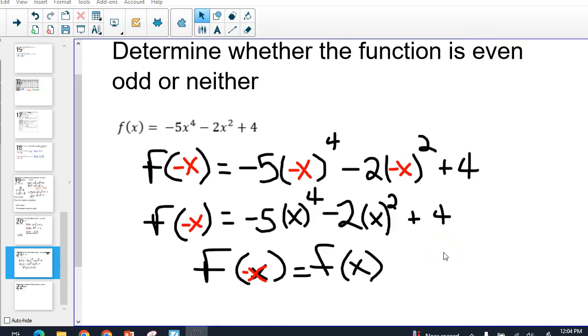Okay, so hopefully everyone got a chance to try it. So when I plug in my f of -x, we have -x raised to even powers here. With even powers, our solutions are going to come out as positive. So we still have -5 stays the same, times, these are going to be positive, we can just get rid of our negative. So I have -5 times x to the 4th, minus 2x squared plus 4. Since these powers here are even,